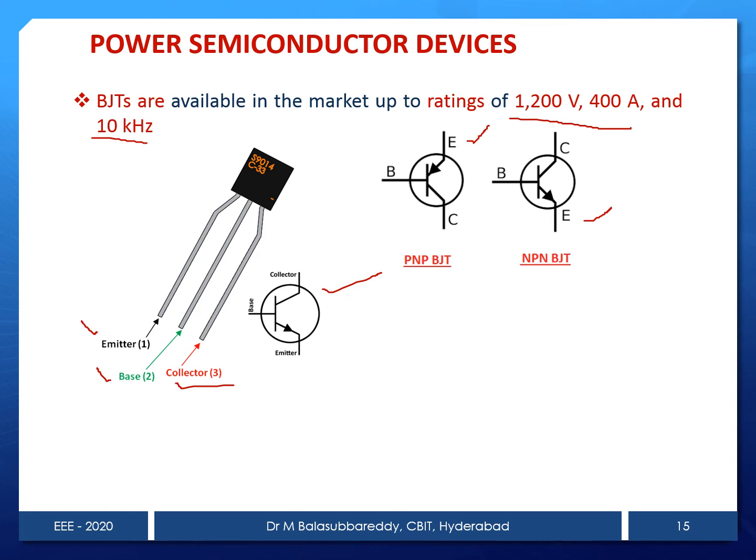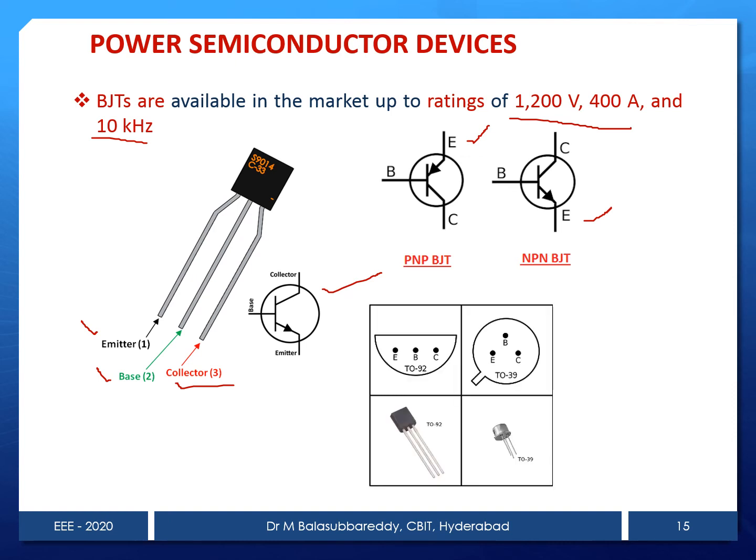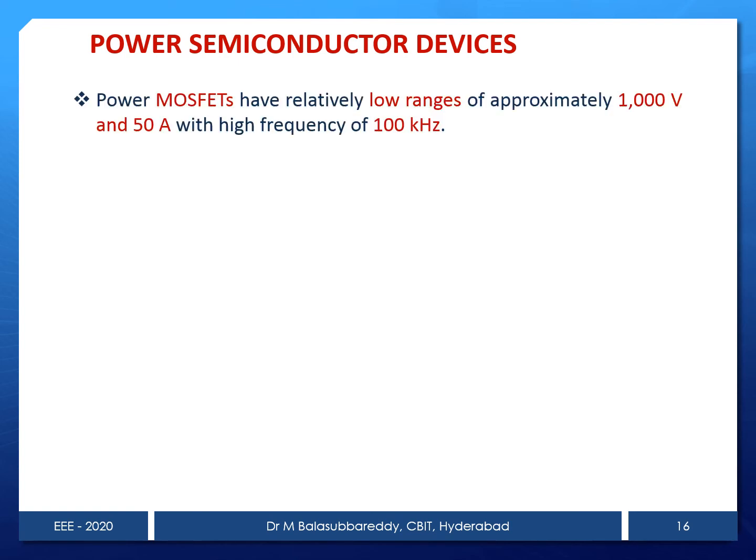So these are the different types of components, based on the company and on the code number. Some low rating transistors will look like this. Based on this knob we can decide which side is the collector. This lead is the collector, this one is the base, and this one is the emitter. Similarly for this device. Like that, there are different configurations of devices, NPN transistor and PNP transistor. And still some more devices are there.